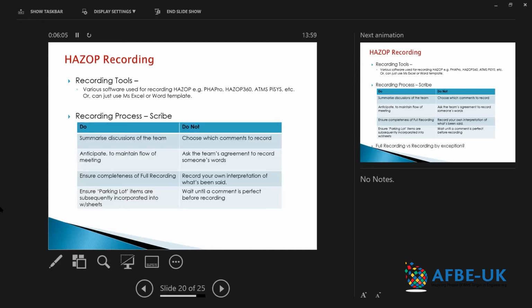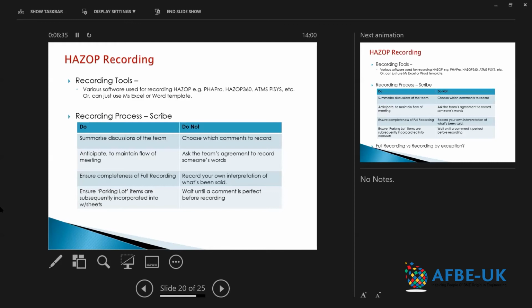So I've just put here a few do's and don'ts in terms of the recording. As those conversations are going on, the scribe is summarizing the discussions of the team. So it's obviously not recording the entire conversation. It's not a copywriter or a teleprinter, but he's summarizing the discussions, understanding what the discussions are about, and then taking a note of them and receiving guidance sometimes alongside by the